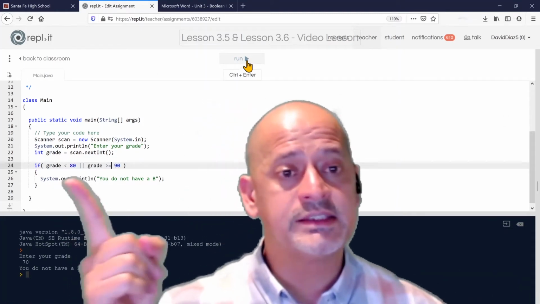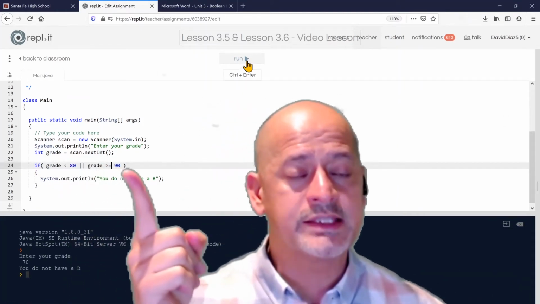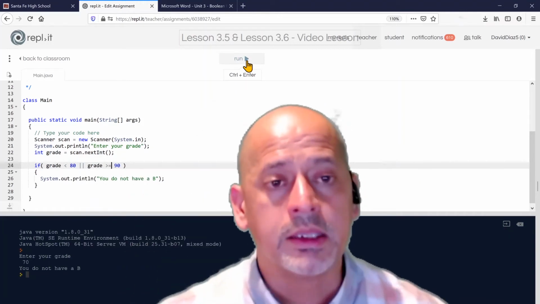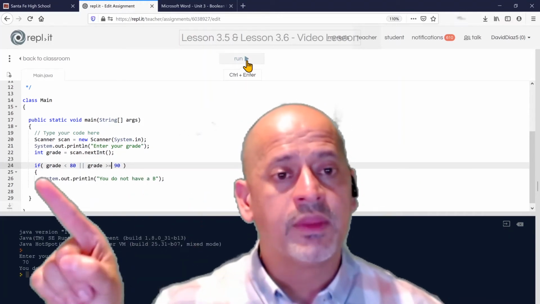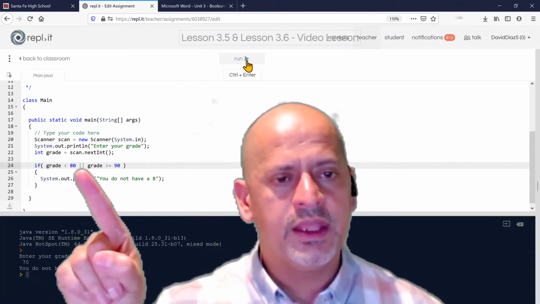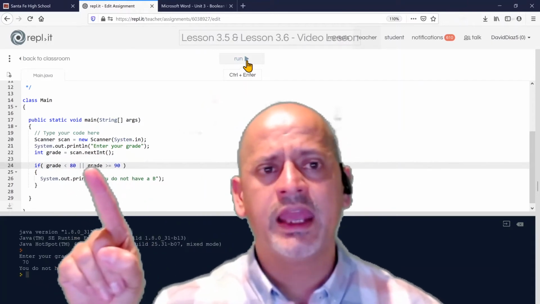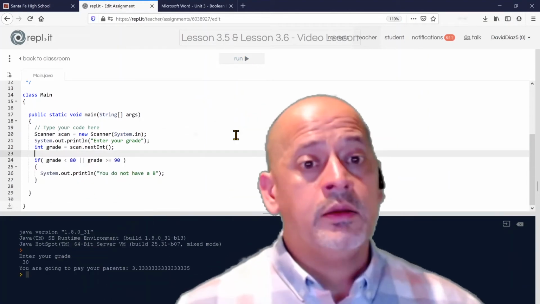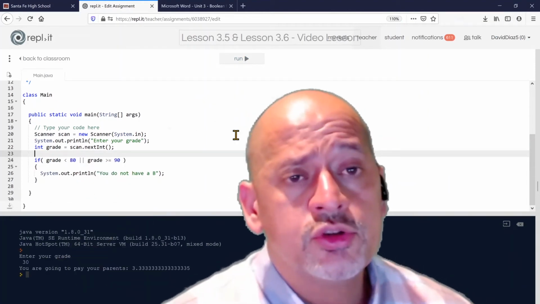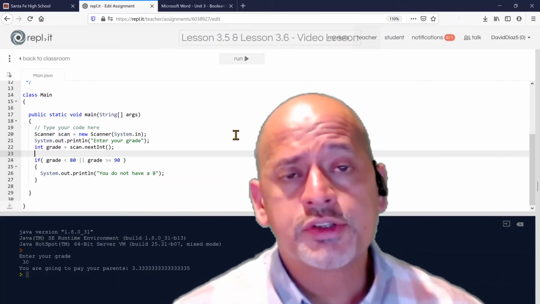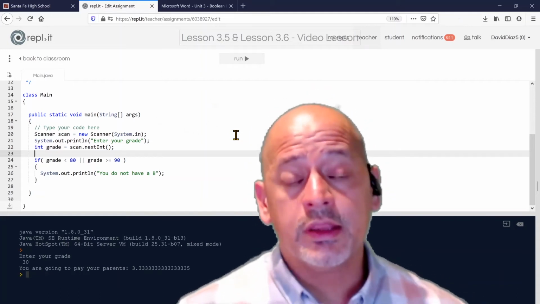Then this statement will be executed as well. But whenever it's an or, if that one's true, then Java doesn't have to execute this statement. It doesn't have to waste any time thinking about it. So one way to be able to use your short circuit evaluation to your advantage, and sometimes you guys will